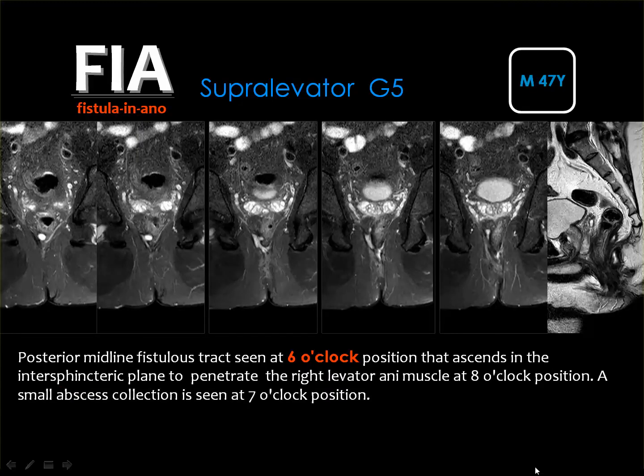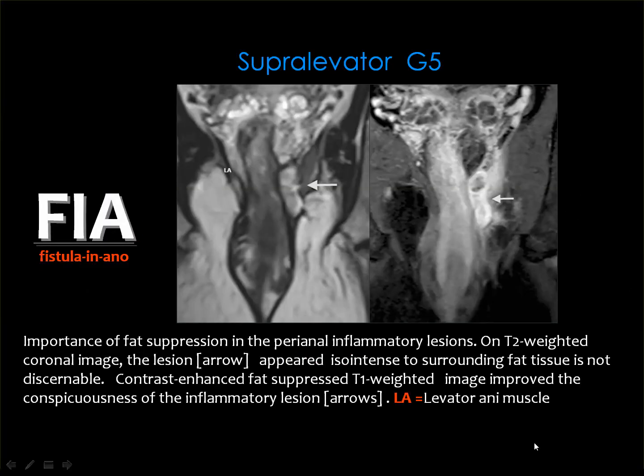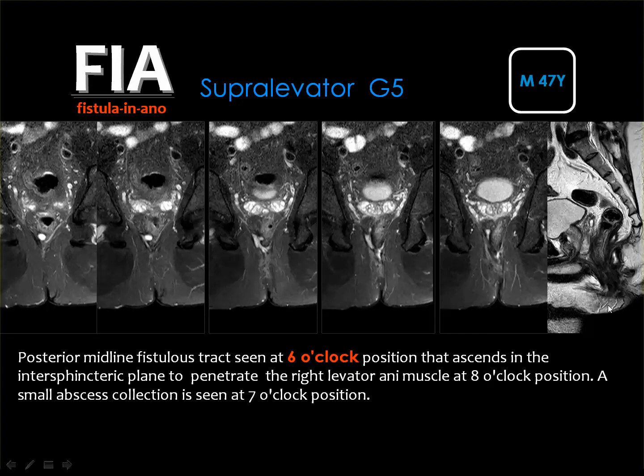Then this is a supralevator fistula, and you know that supralevator fistula is grade 5. The internal opening is at the 6 o'clock, and it has two branches, a right one and a left one. Then if you follow the right branch, you can easily appreciate that there is part of the fistula above the level of the levator ani. But if you look here, this is the sagittal image, and this is the fistula tract, and this is the levator ani, and you have part of the fistula below the levator and another part above the